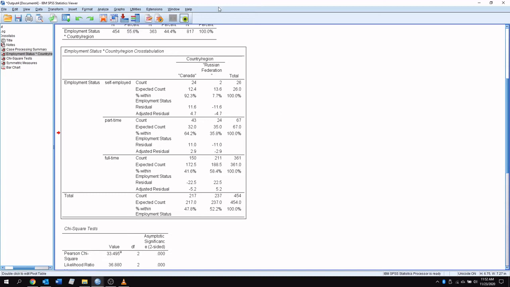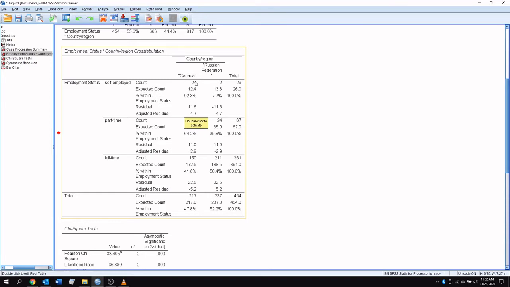And now we're just going to go through the cells one by one, and we have a 2x3 for a total of 6 cells, and we're going to start with the self-employed Canadian cell and just go through each one of these